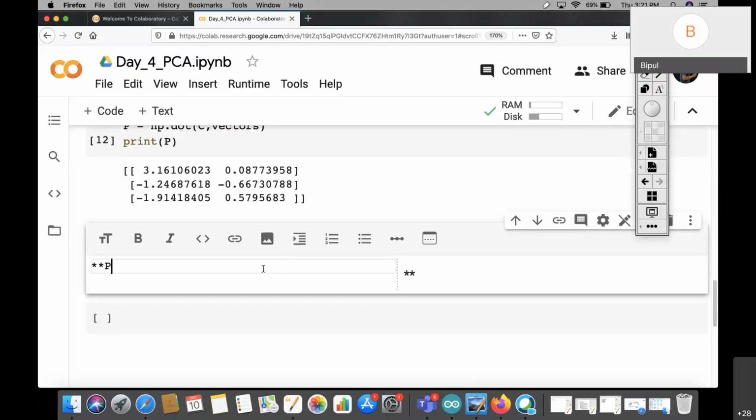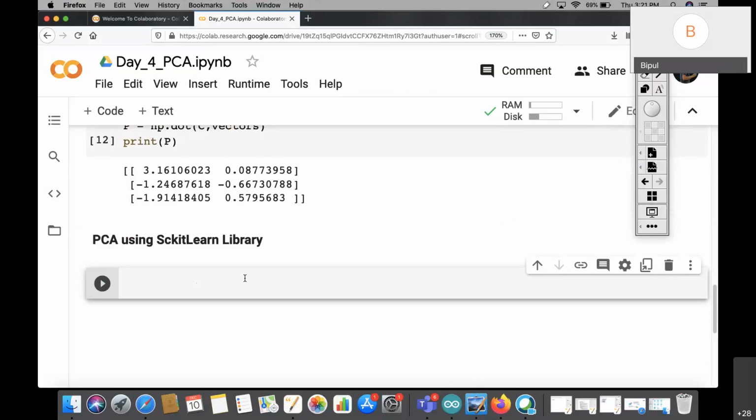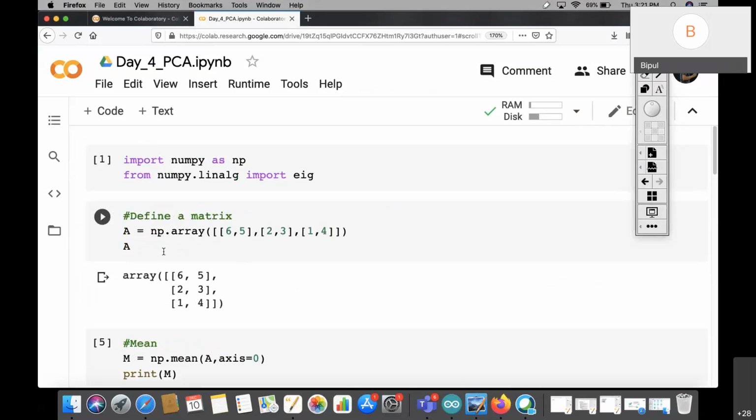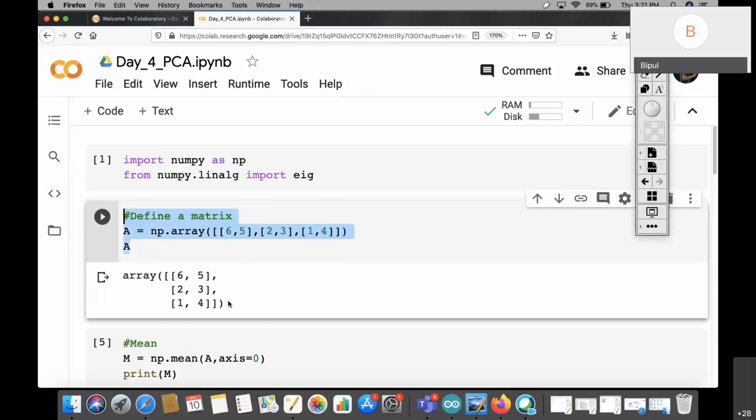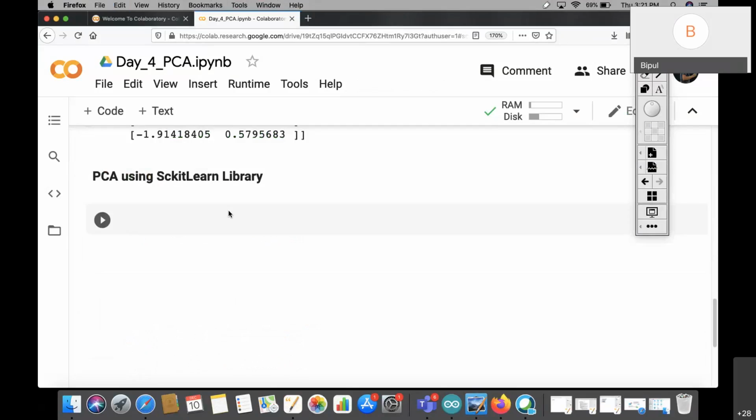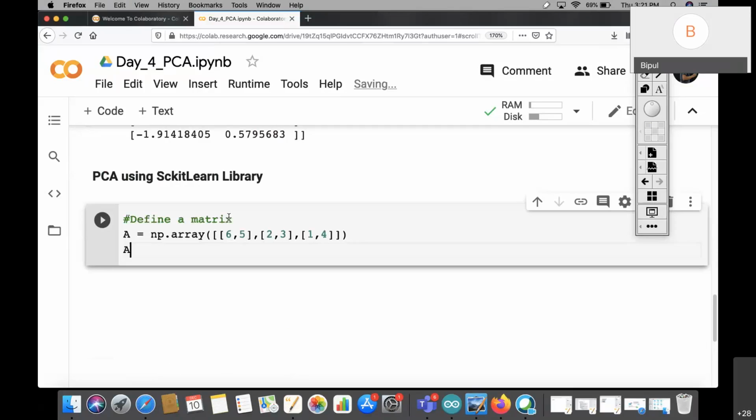PCA using scikit-learn library. Okay, PCA using scikit-learn library. So over here, I will do the same thing. That means again I will pick A. This is your value A, correct? I'll remove it, right? And thereafter,